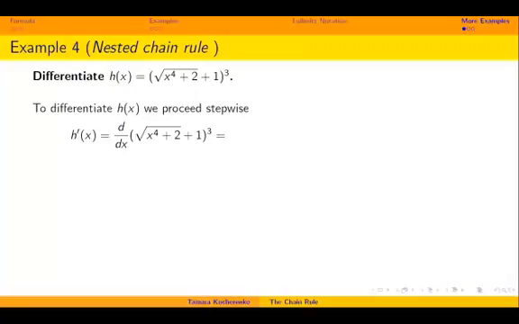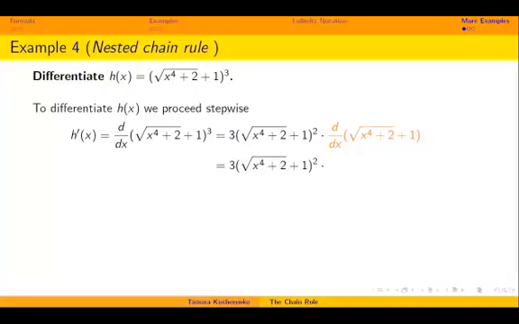H prime of x, which is d over dx of the radical of x to the 4th plus 2 plus 1 cubed. Here the outside function is the argument cubed. So the derivative is 3 times the inside squared. Now we just need to multiply by the derivative of the inside function. In the next step, we keep 3 times radical of x to the 4th plus 2 plus 1 squared and take a derivative of the inside,